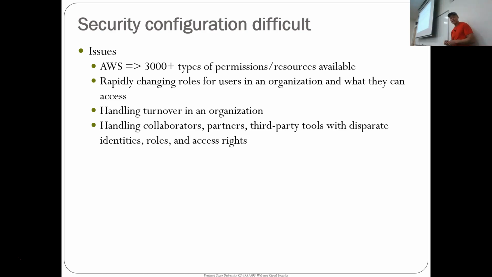When you are in a company, oftentimes you'll have collaborators, you'll have third-party integrations. So if you're using a CI/CD tool that's published by some third-party software company and you want to integrate it into your pipeline, you might need to allow access to that thing. So how do you configure the access for that tool on some of your cloud resources, but not give that tool too much access to do things like steal the data or exfiltrate the data?